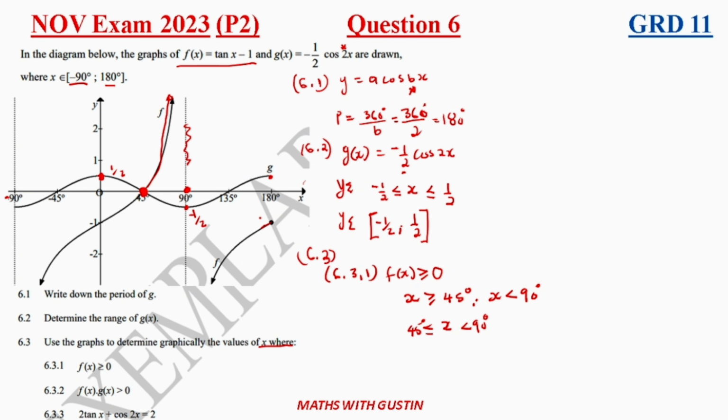If they said less than, you are going to look for the instances where it's below, which is this part here and also this part here. Okay, here it is below the x-axis. All right, so